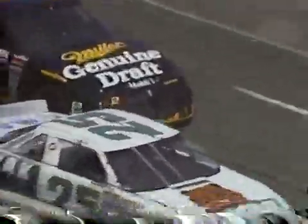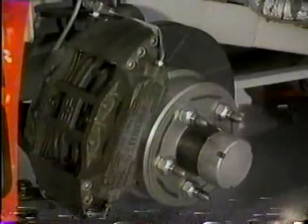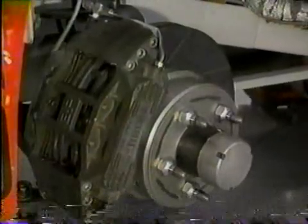Well, as you have mentioned throughout the race, brakes on a short track are probably the most important item on a race car. They're especially important here at Martinsville. And let's take a closer look. This is a complete brake assembly on a Winston Cup car on one of the wheels. The dark gray piece is the brake caliper that houses the fluid. This is a recirculating valve. As you apply pressure, the valve opens, fluid goes through the system and recirculates back to the reservoir. The brake fluid goes in the top of the caliper. We can see where it goes in the top, all through the caliper, out the bottom, back to the reservoir,